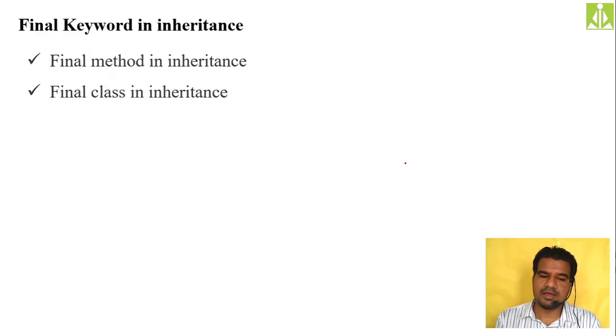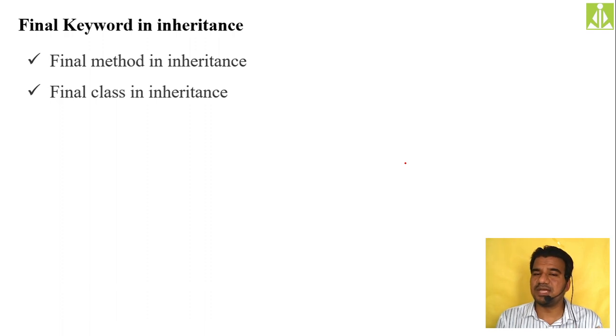And after this we have the final keyword in inheritance. So this also I will explain. See, final method in inheritance. Whatever methods you make final in the super class, those methods you cannot override in the child class. This thing we have already seen. With the final keyword, I have given a complete explanation over there. I've explained about final methods in a class. Final methods in a class we cannot override inside the child class.